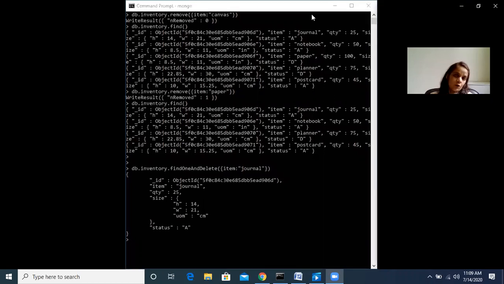It will firstly show which record we are going to remove from the database, or which document we are going to remove from our database system. So that document will be first displayed and then it will be removed. So this is the basic functioning of findOneAndDelete. We can write any filter condition inside the curly brackets, and apply the function which will be removing the very first record.